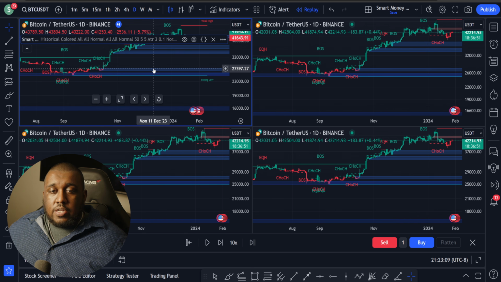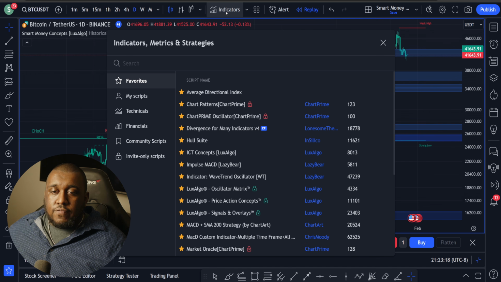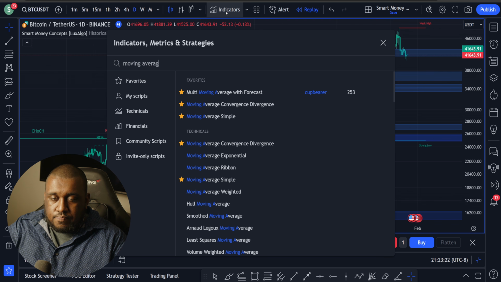Now, what we're going to do is come over here to the original chart and put up one strategy that I think you guys are really going to love. It's one that most of you will know on this channel. And this requires us to add a few more indicators. So we're going to be adding a moving average